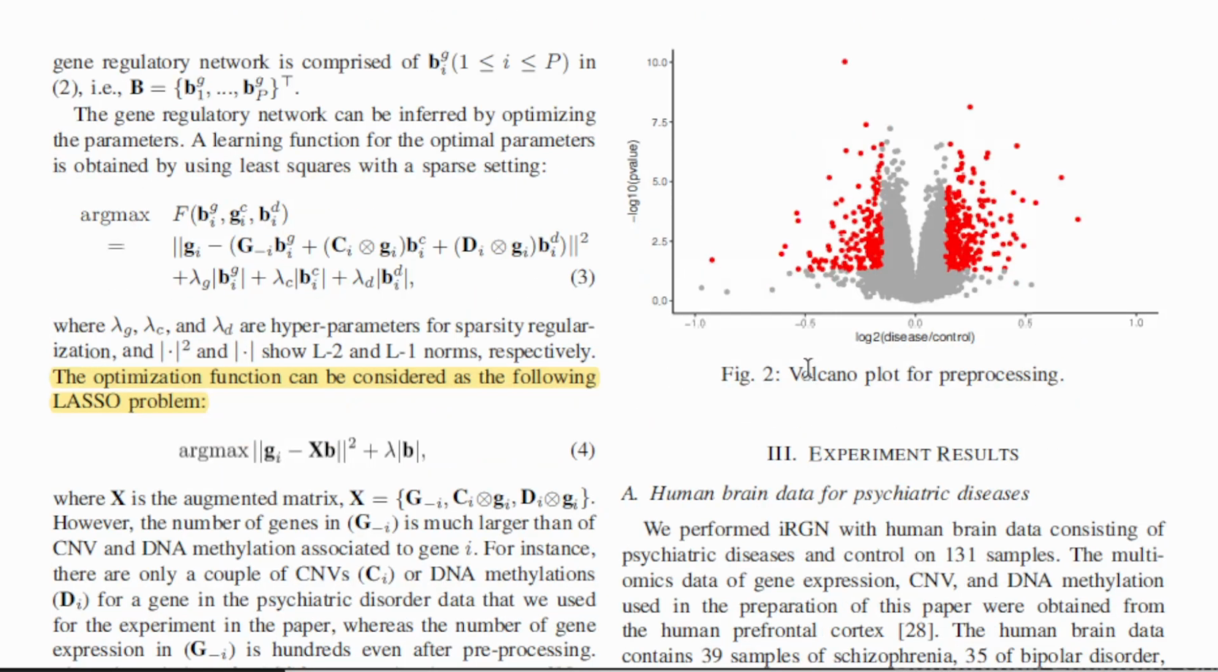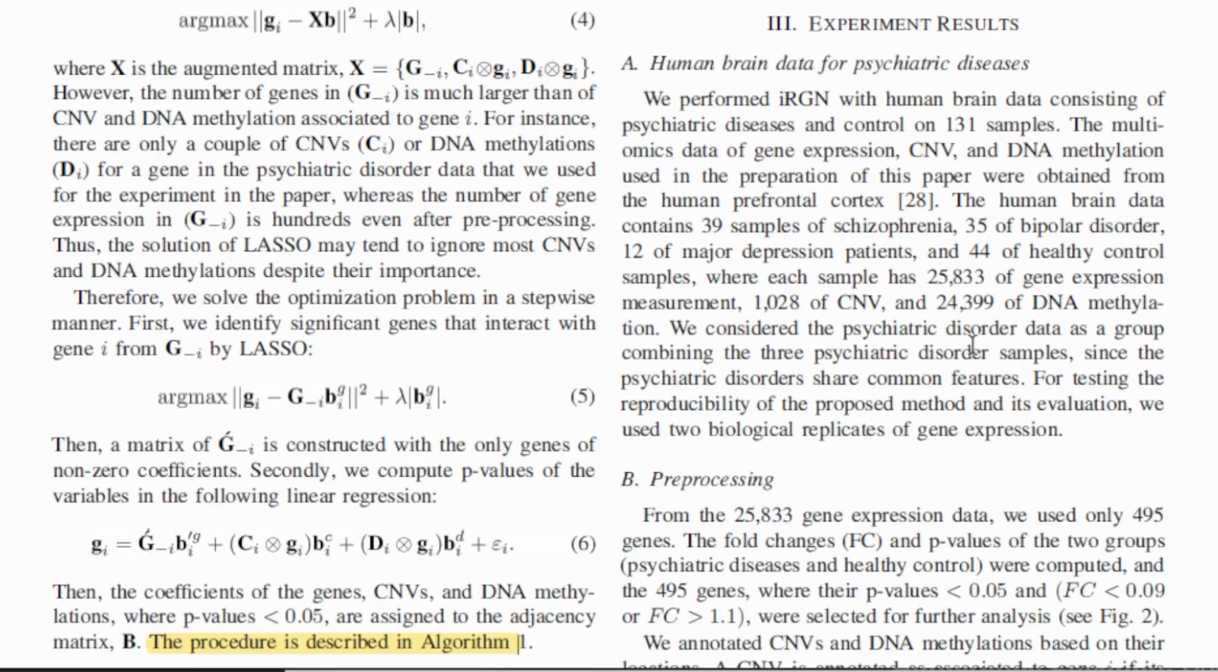3. Experiment results. Human brain data for psychiatric diseases. We performed experiments with human brain data consisting of psychiatric diseases and control on 131 samples. The multi-omics data of gene expression, CNV, and DNA methylation used in the preparation of this paper were obtained from the human prefrontal cortex. The human brain data contains 39 samples of schizophrenia, 35 of bipolar disorder, 12 of major depression patients, and 44 of healthy control